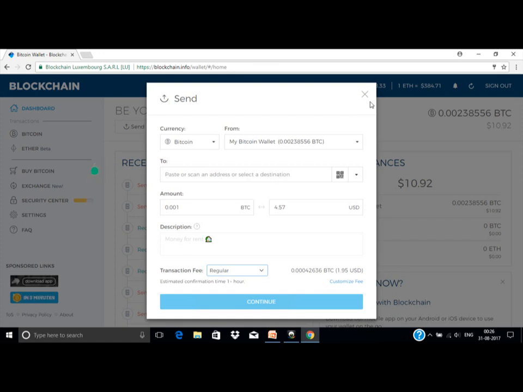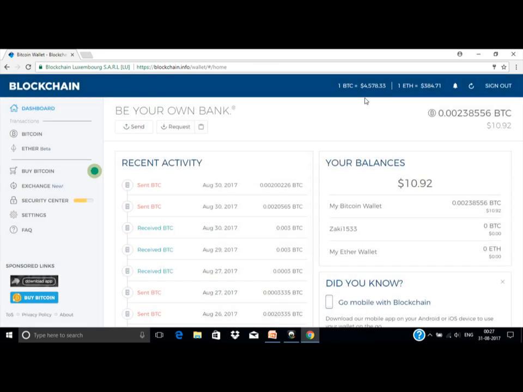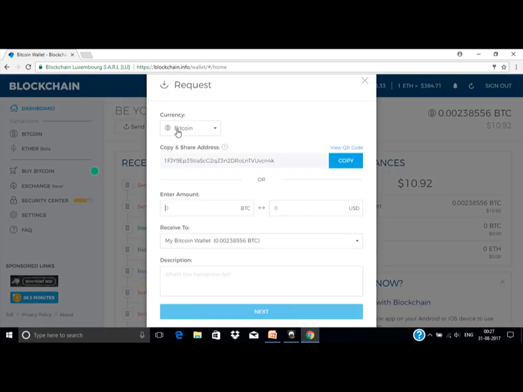In the same fashion, if you want to request bitcoin, if somebody is sending you bitcoin, you will have to share your Bitcoin address with them. You will get the Bitcoin address from here. Just click on request, and here, see this series of numbers and alphabets.